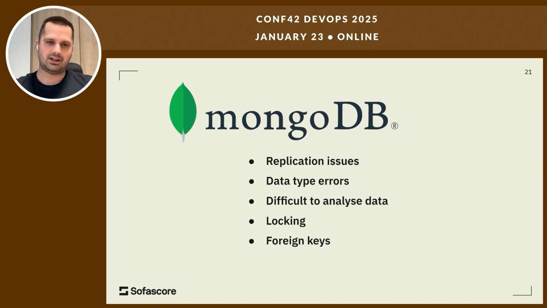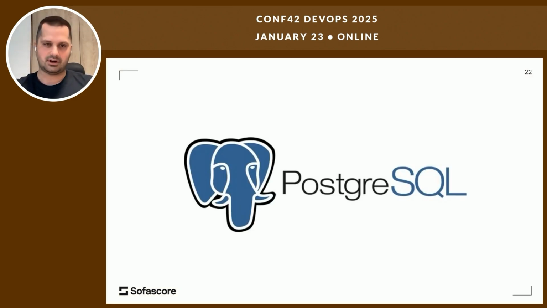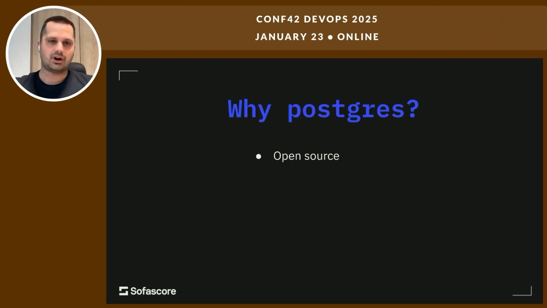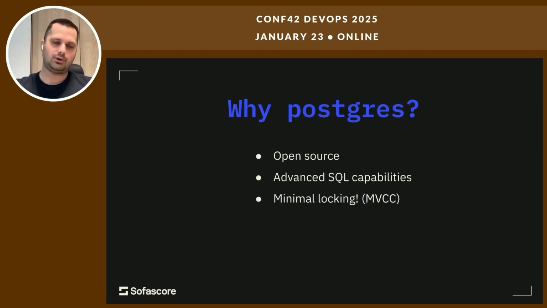And also no foreign keys, which was just a disaster because the whole project is basically analyzing and connecting different parts of the data. So we got to the conclusion that this was not a great choice for us and we need to switch back to a relational database. And then we found Postgres, which is what we are currently still using because it is amazing. So why Postgres? Because it's open source. It has advanced SQL capabilities. It has minimal locking with the mechanism called